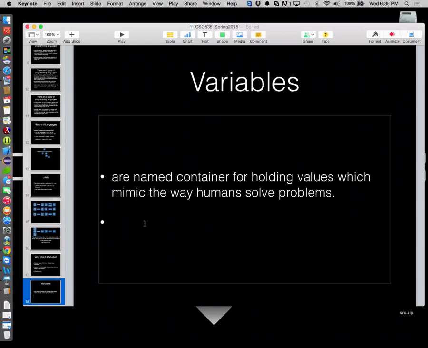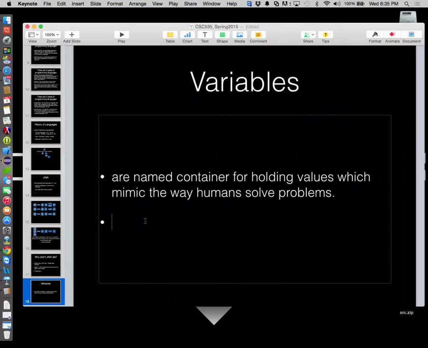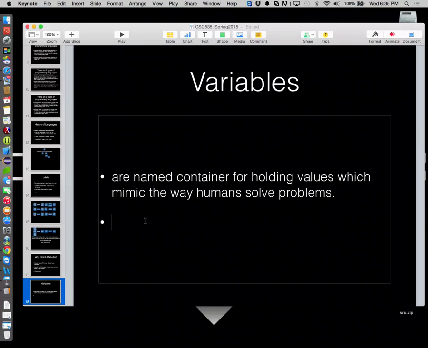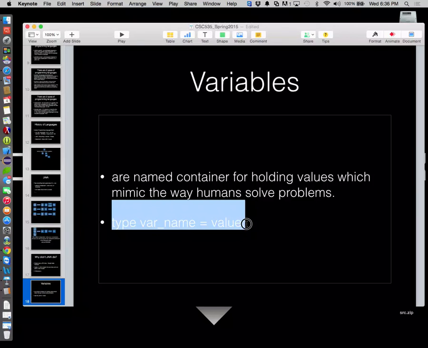What was it talking about? Oh, good. Okay. So named containers for holding values. Some of them are typed, some of them are not typed. Generic syntax for a variable: type followed by variable name equals value, semicolon. Okay, this is the generic syntax for defining a variable